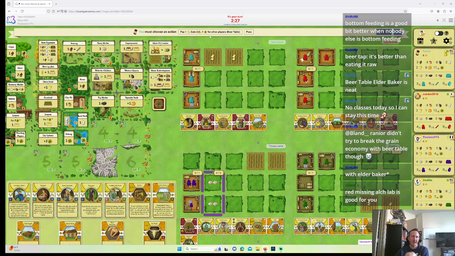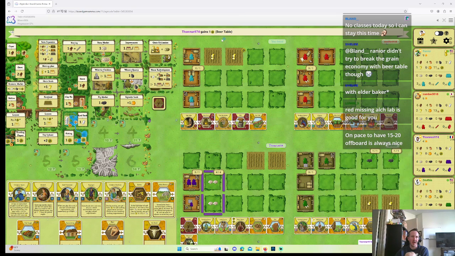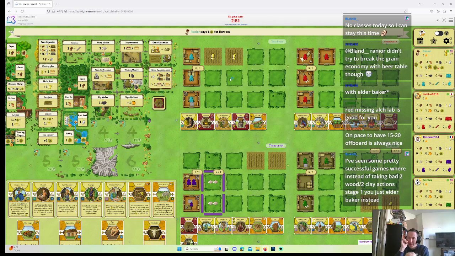Yes. Yeah, that's a good point too. Red is not ready to build clay rooms for some reason. On pace to have 15 to 20 offboard is always nice. Correct. It does make the game easier when you have a million offboard. But